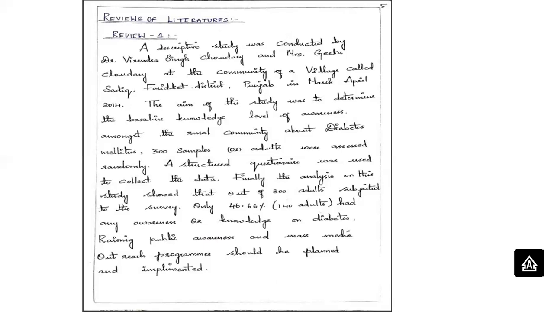And the fifth point is analysis. Analysis is nothing but you're going to write the percentage: how many of the samples you have taken may be literate, or how many of them know about the awareness, or how many of them know the information about the concerned research topic you're doing. Okay, so the analysis should consist of the census in the percentage. And the sixth is recommendation. Recommendation is nothing but the ideas you are recommending.